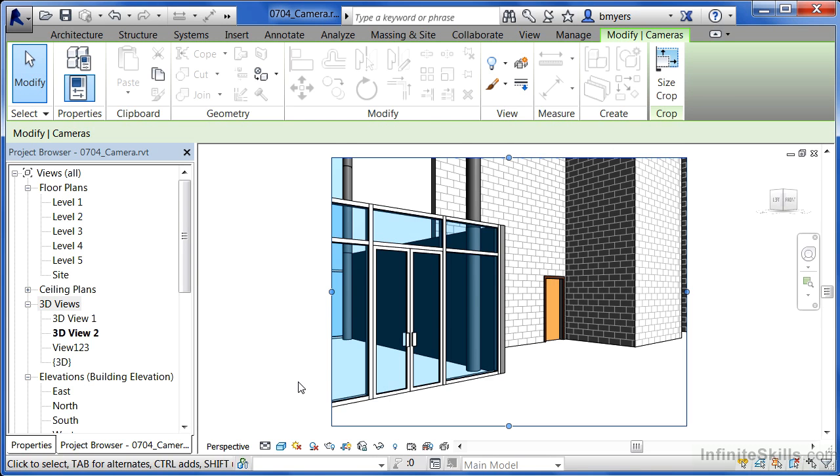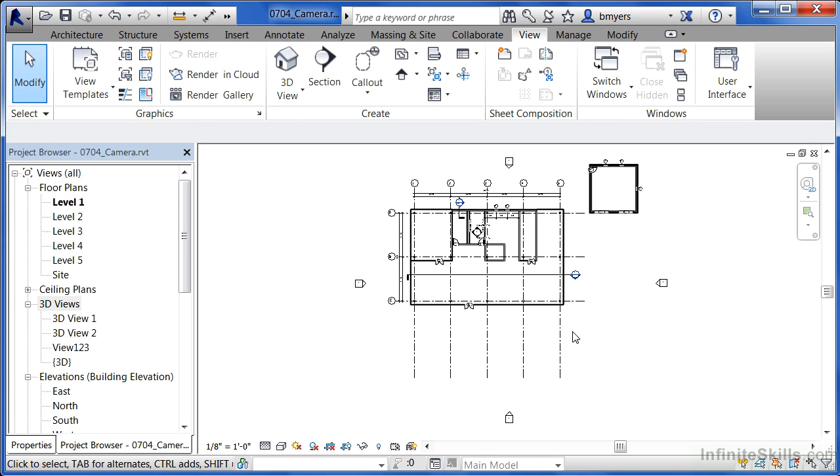Now we need to create one more view. So come out here to the outside and click on the X. Something you may have noticed is that those previous 2 cameras, the one we placed over here and the one that we did here inside of the building, are no longer showing up. If we want to see those cameras again so we have a better idea as to where we're taking the pictures from, or maybe we even need to adjust those cameras after the fact, move over here underneath the project